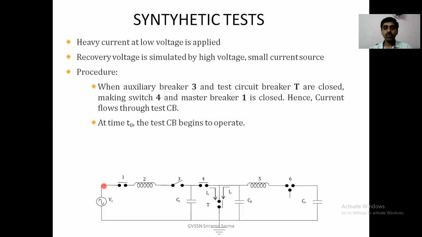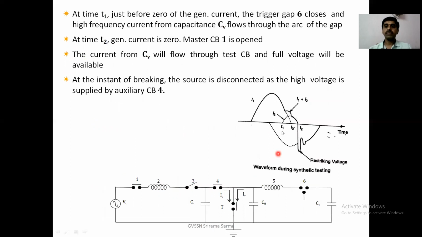Hence, current flows through the circuit breaker under test, and all four are closed. At a time T1, the test circuit breaker begins to operate. You can see here, at time T1, just before the generator current becomes 0,